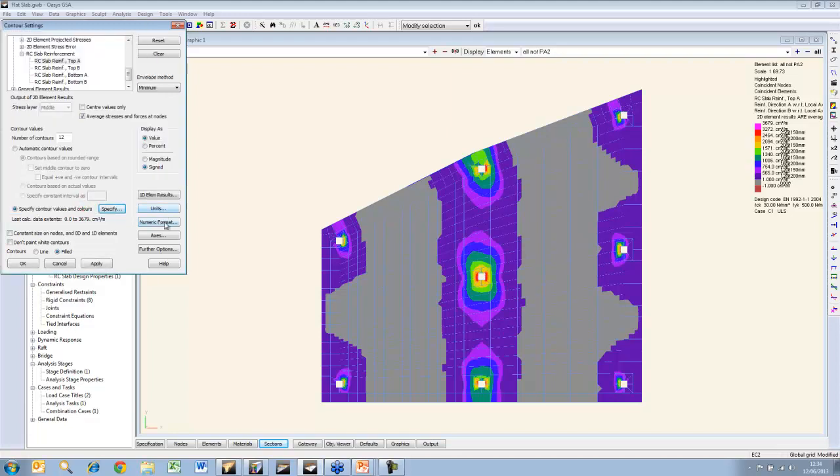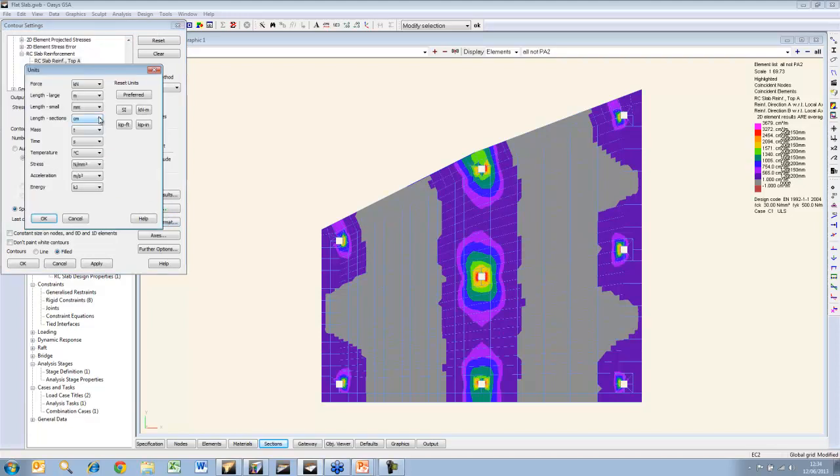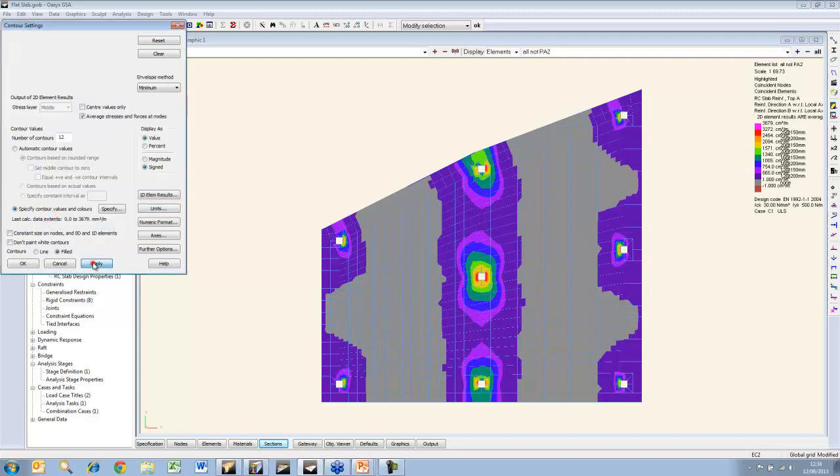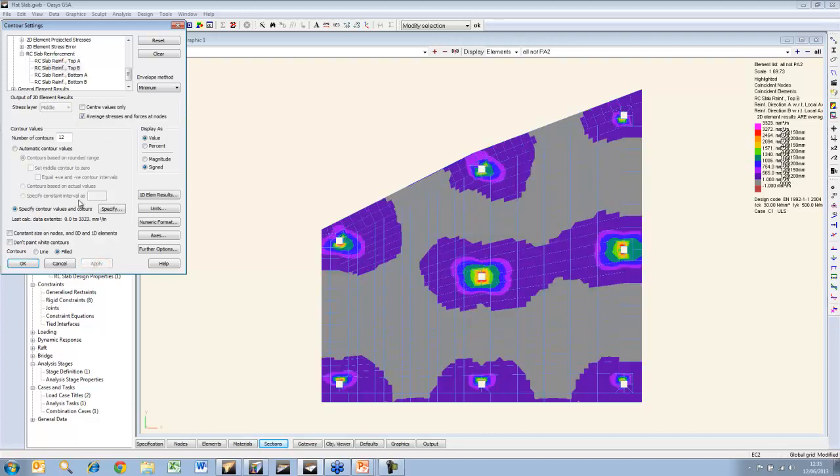I will also change the units here because there's a slight glitch in the current version that's showing the wrong units in the table. The number's still correct. It's showing centimeters rather than millimeters. We're getting some quite high values in the middle, but let's look at the other directions. The B direction, bottom A,